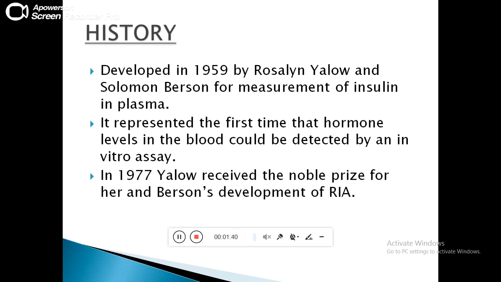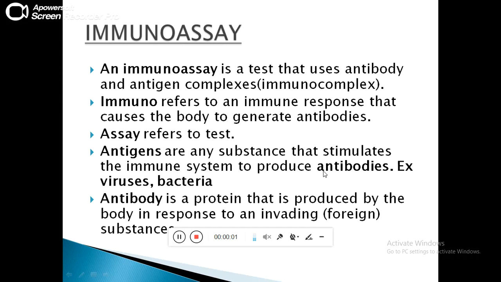Prize. While talking about this technique, we should be aware of certain terms that are used in this tracer technique. Firstly, when we split the term radioimmune assay, we get three different terms. Firstly is the radio, that involves the use of certain types of radioisotopes like hydrogen 3, carbon 14, which are beta emitters, and iodine 125, which is a gamma emitter. These emitters are used for detection of an antigen.